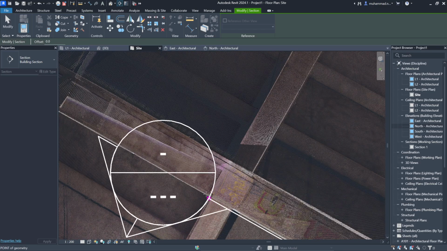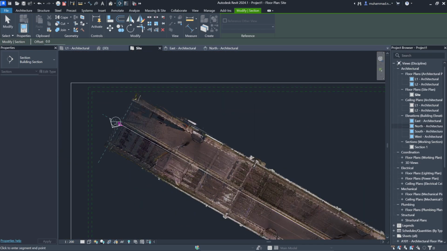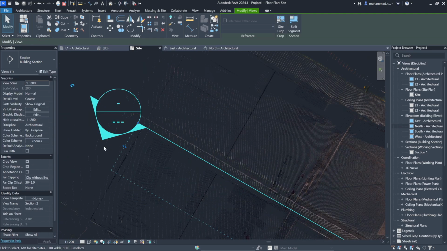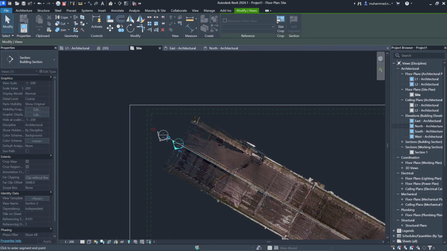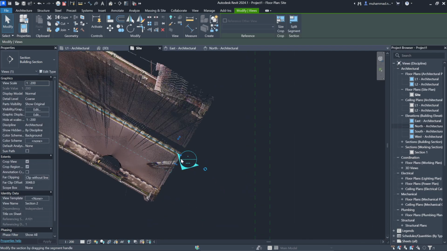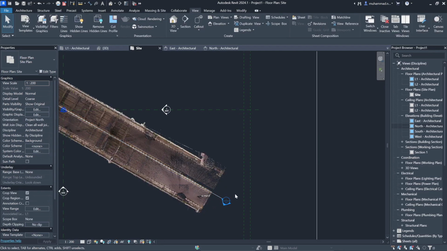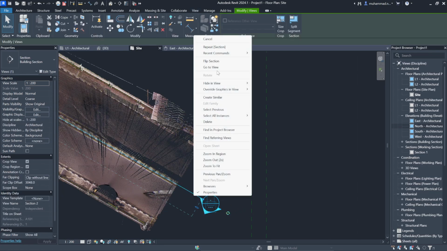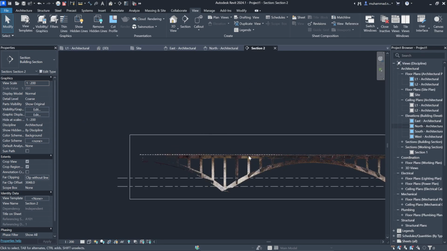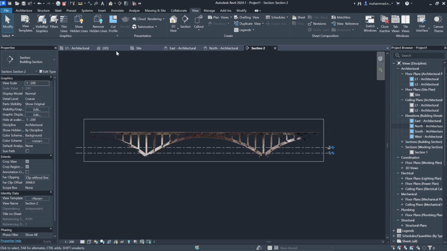So I assume that this is right. I can see that the section is created. Now we have extended that section, so they are included. As you can see, if we click go to view, it will cut the section between the extreme beams right in the middle of the page.